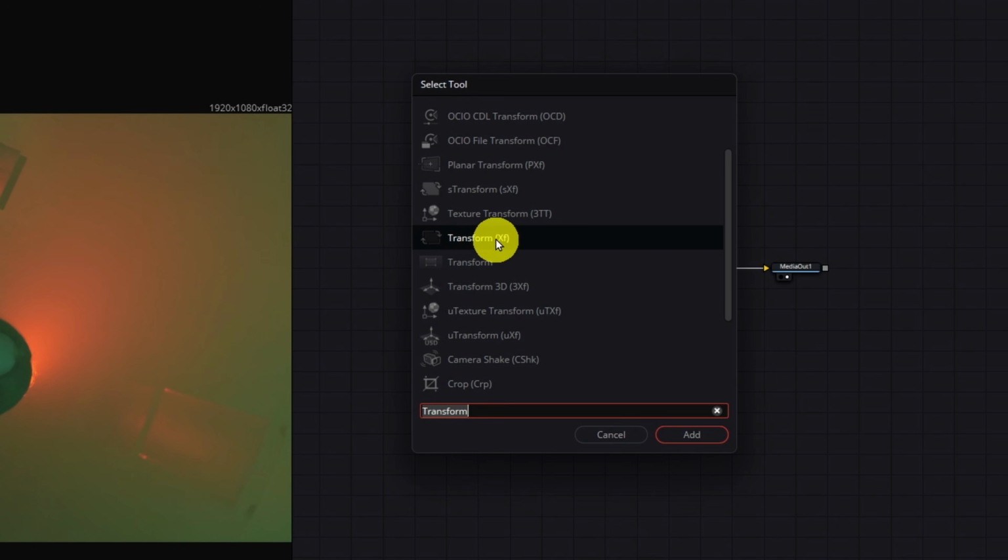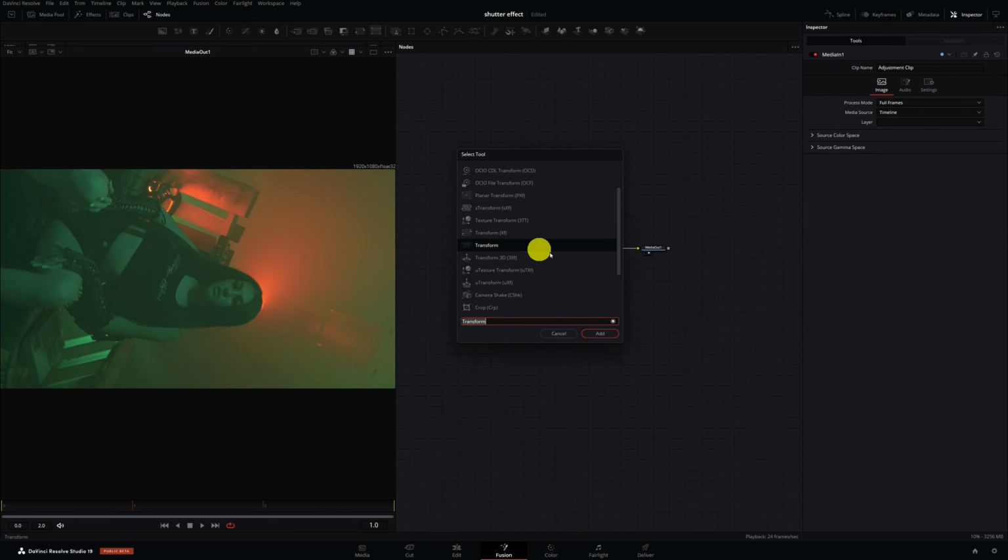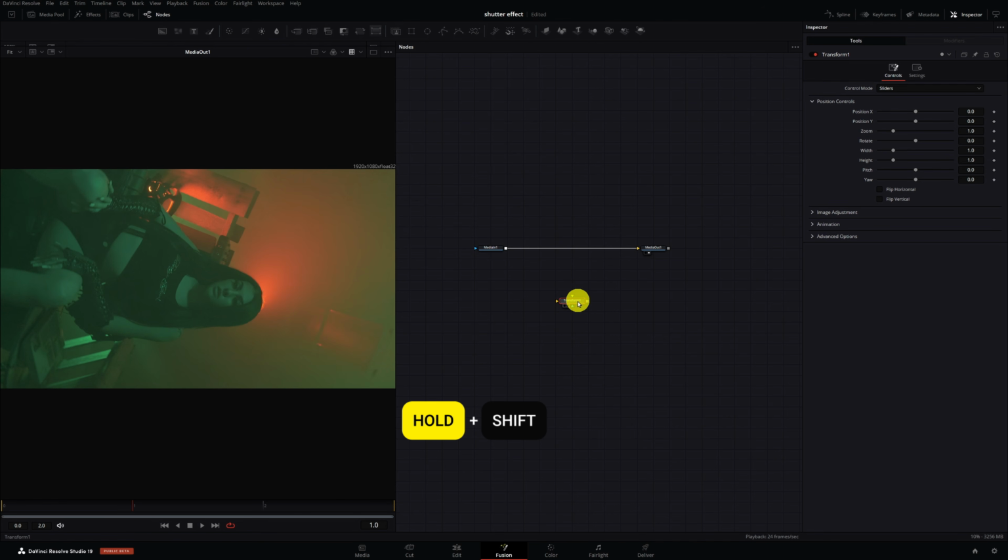If you click on the second transform and it flickers back to the first one, just click on the second one again and then hit add. I'm gonna hold shift and drag it to my node flow. Within this transform, the X and Y parameters are separated. I only made my clips 3 frames long, but the principles apply no matter what the length of the